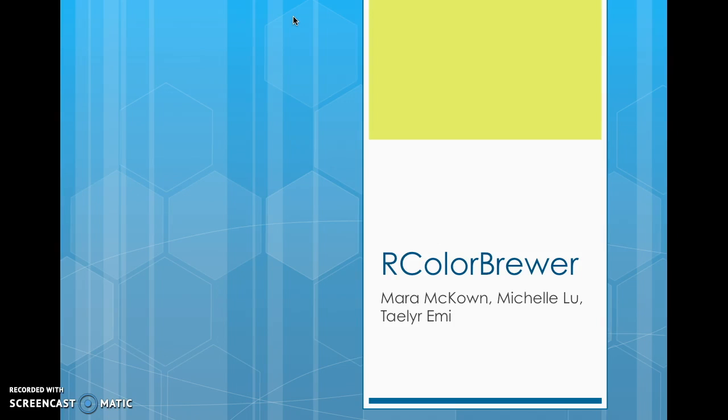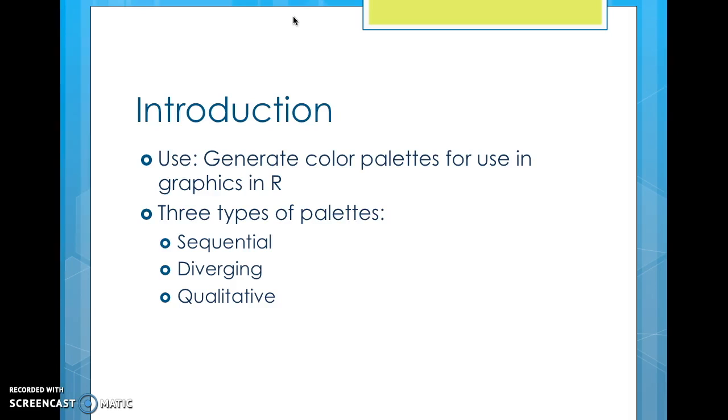The package we're going to demonstrate is the RColorBrewer package. This package generates color palettes for use in graphics in R. There are 3 types of palettes you can generate with RColorBrewer. The first is called the sequential palette, and it uses light colors for low data values and dark colors for